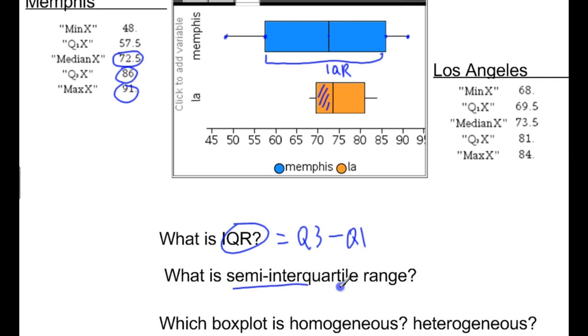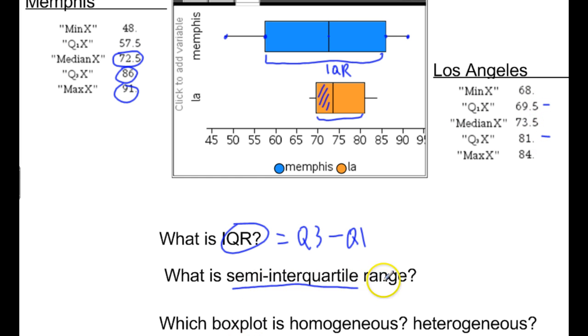The semi-interquartile range is actually when you take the IQR and divide it by 2. And so what's interesting is if you take the IQR for this one and divide it by 2, you basically split it somewhere down here. Let's see, 81 minus 69.5, and then divide that value by 2. And so it ends up being half of that data, not the same way that the median cuts it in half, but numerically half of the distance there.